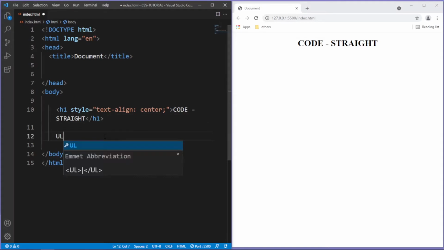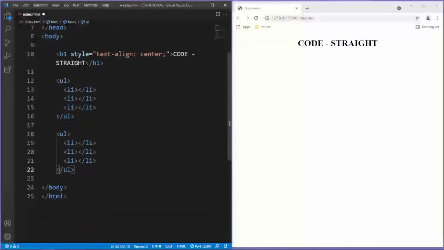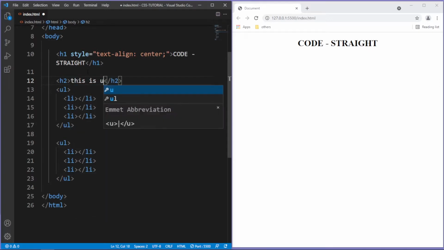So here I'm gonna add an unordered list, and inside the unordered list I'm gonna add a couple of li tags. Let's copy them. Alright, and I'm gonna add in here an h2, and the text would be this is unordered list,